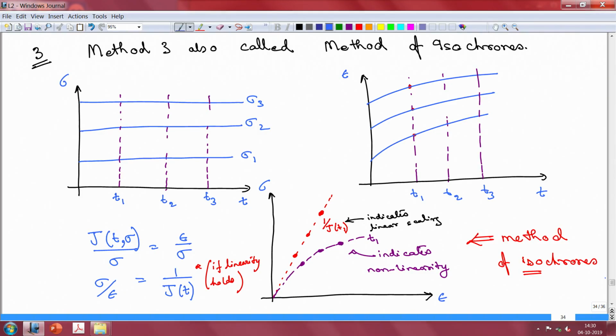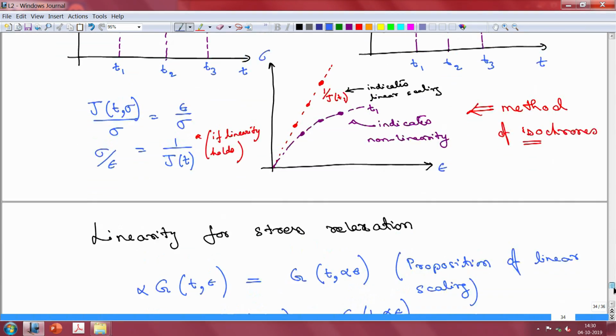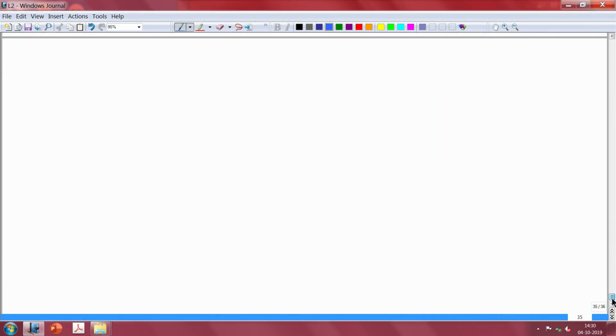So, last time what we were looking at was the idea of linearity of scaling, and we discussed three important methods by which you can check linearity of scaling, and we looked at the implications of linearity of scaling for both the creep phenomena and the stress relaxation phenomena. Remember we had discussed three different methods, so the method of isochrones. This method of isochrones that we had applied to the creep phenomena, let us go ahead and do the same thing for the stress relaxation phenomena. Instead of discussing all three methods, we are just going to discuss that one particular method.